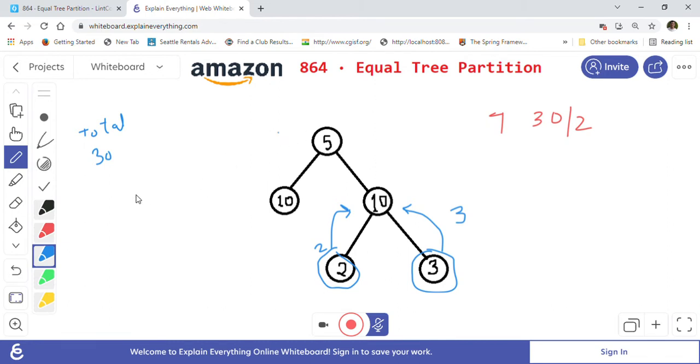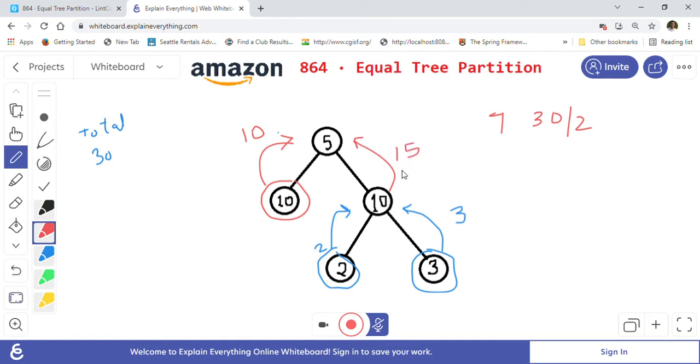And then here also, now if root node 5 asks what is the left total that I have, the left side total will give 10 to the 5, because 10 is the total it has. And when it asks what is my total on the right side, basically it will check. So this one will get total as 10 plus 2 plus 3, which is equal to 15, right? So it will calculate 15.